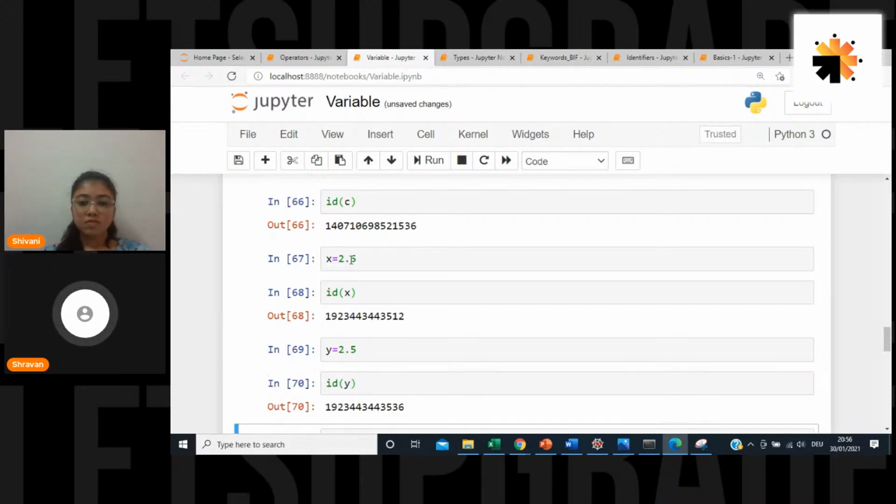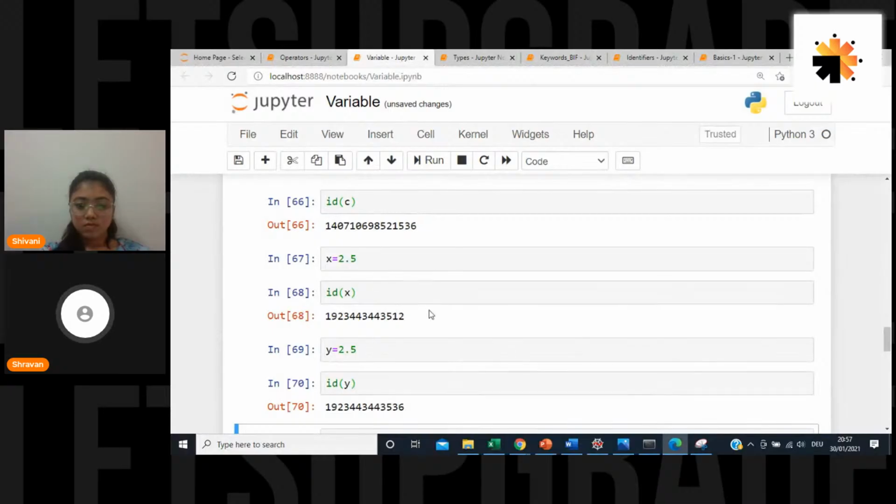Now you see, even though both are the same, it is 2.5, and this is also 2.5. But what is happening actually, the architecture in Python is, whenever you have a float number, it will not be shared. It creates two separate objects: 2.5 in one location, another 2.5 in another location. Whenever I call x, it will go to this particular location and pick that value, and whenever I go for y, it will go to that other location. So this is what is happening whenever you have a float value.